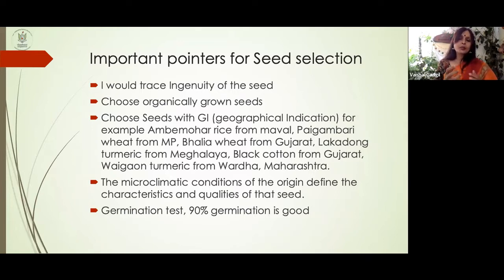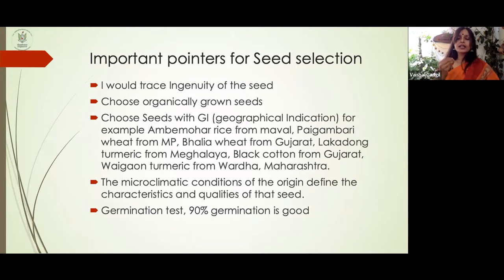So when you want to propagate something, it is best to get the GI seed from that particular region. To give you an example, the Ambe Mohar rice, which is really famous fragrant rice, comes from Mawal. Ambe Mohar means the mango in efflorescence. So when you cook this rice, it actually smells like the mango in efflorescence. The Paigambari wheat, which is tiny like a jowar grain, from the MP region, we have been successful in bringing it back to the food plate, and